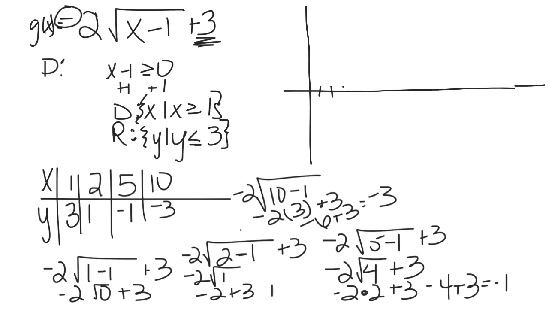Let's see, 1, 2, 3, 4, 5, 6, 7, 8, 9, 10. And 1, 2, 3, 1, 2, and 3. So we'll do this in blue. I have 0, positive 3. I'm sorry, it's not 0. Let's undo that. It's 1, positive 3. And it's 2, positive 1. And then it's 5, negative 1. And 10, negative 3. And the graph looks like